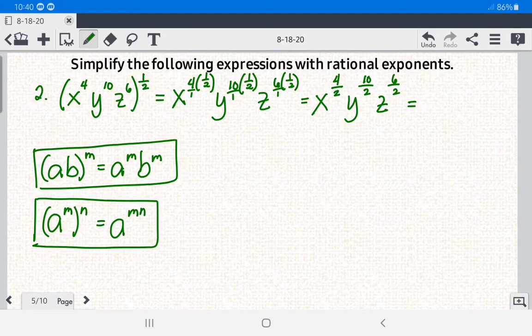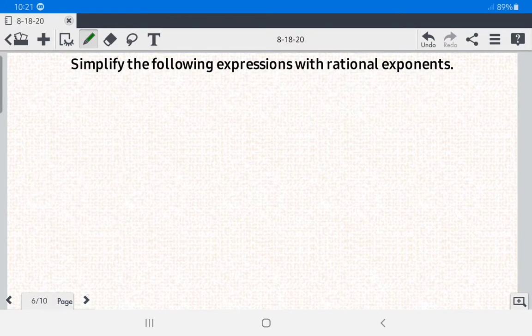Okay. Then, for the final answer, we have x raised to 4 divided by 2, we have 2. y raised to 10 divided by 2, we have 5. And then z raised to the third power. So that's it. Next, for number 3,